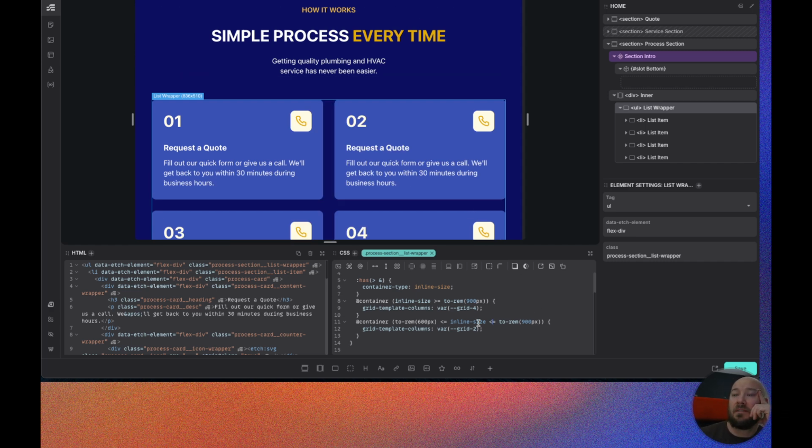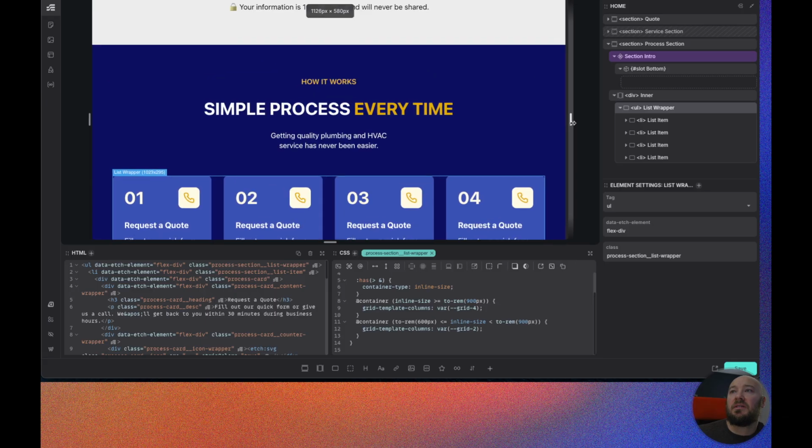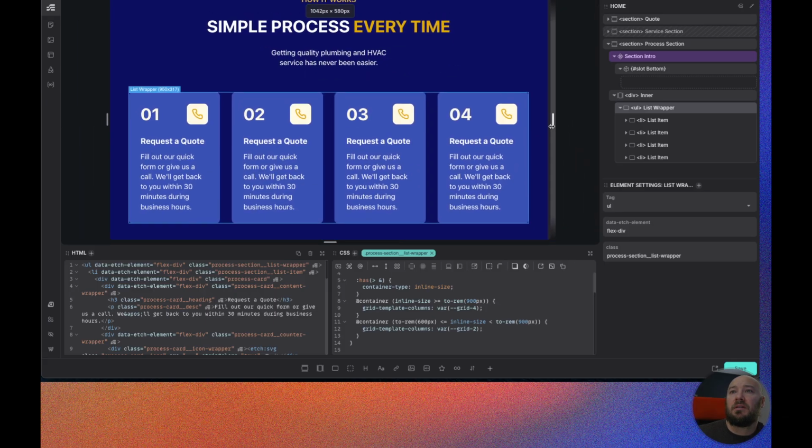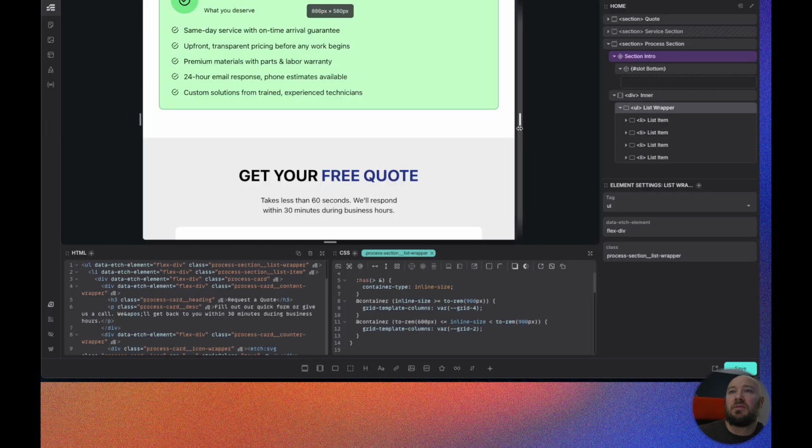There we go. Just got to get everything in the right order. So let's go over that again. So in my container query, I'm saying that if my inline size is greater than 600, but less than 900, and I'm going to take this equal out because we have it as equal to up here, it's going to go to a 2-column grid. So it goes from 4 down to 2,